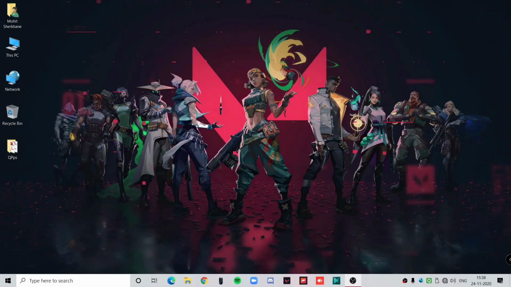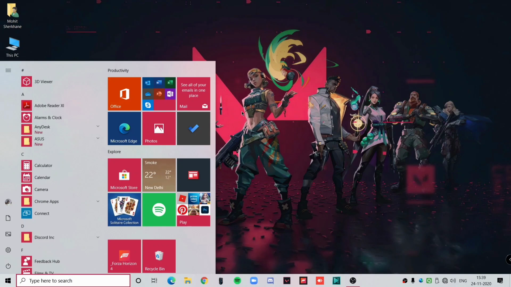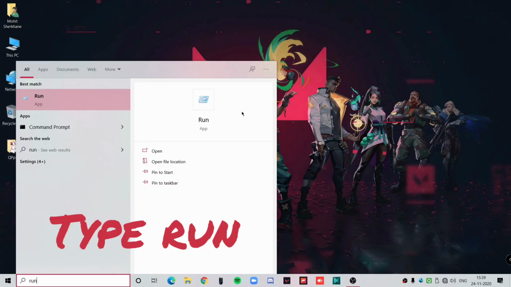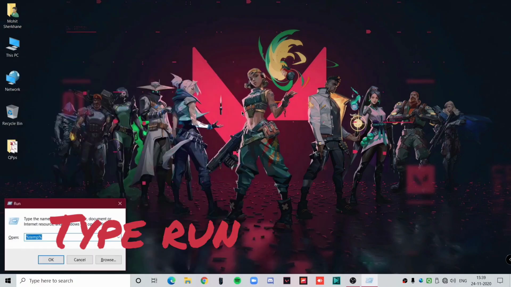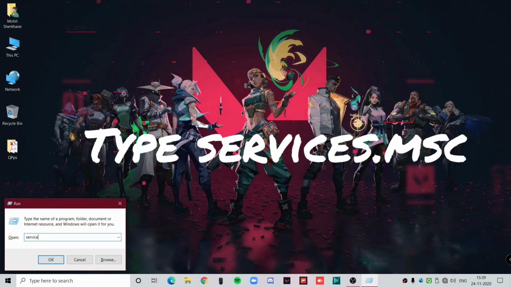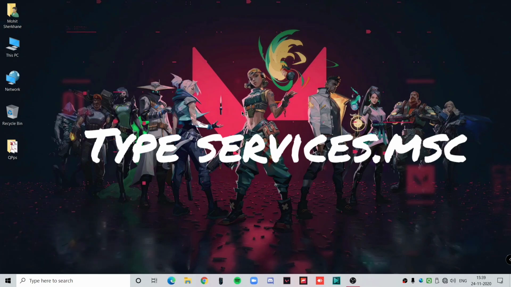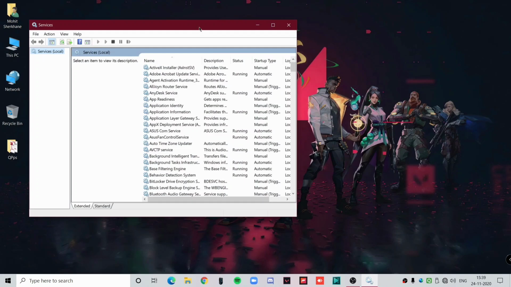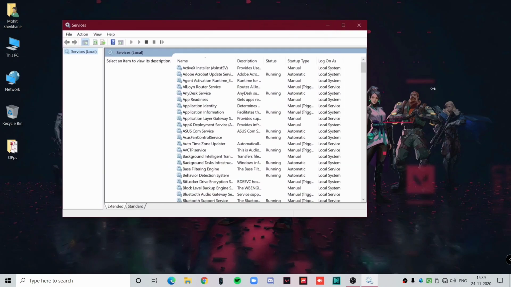So guys, that was the end of the mobile part, and let's get started with the PC. The first thing you want to do on the PC is stop Windows updates. And how do you do that? First, click on start, click on run and press enter. You will get something like this, and type services.msc and press enter. This should take you to a dialog which should look something like this.